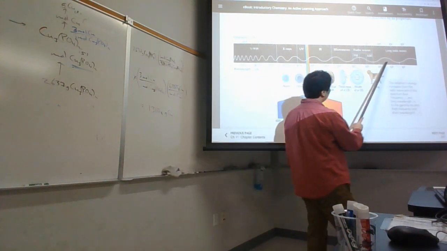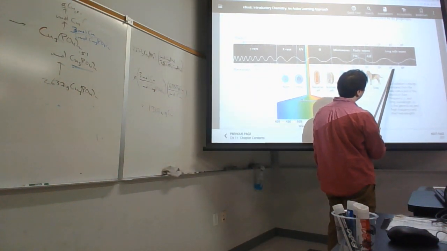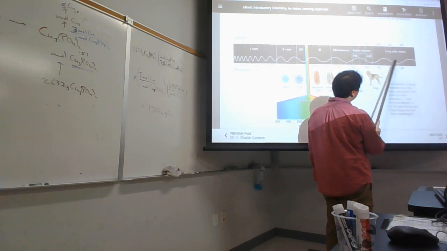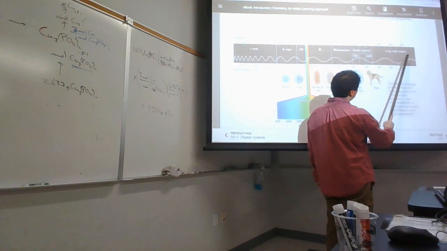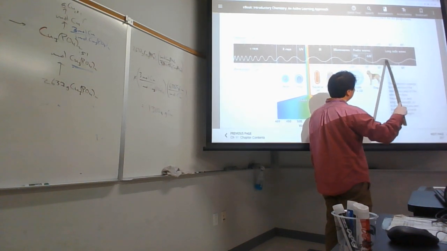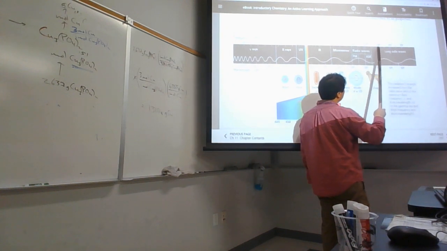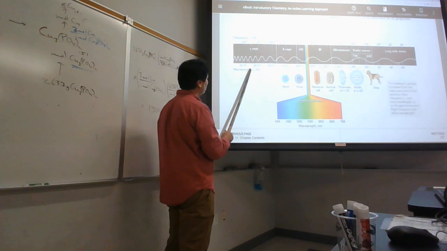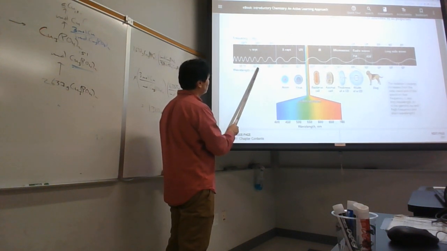And so when we look at long radio waves, the wavelengths are quite long. This is 1 million meters here. This would be 100 million meters. And so 100 million meters from one peak to the next. But it's moving so fast, it can oscillate like 100 cycles per second or 10,000 cycles per second. Whereas over here, we're looking at 10 to the minus 16, 10 to the minus 14, 10 to the minus